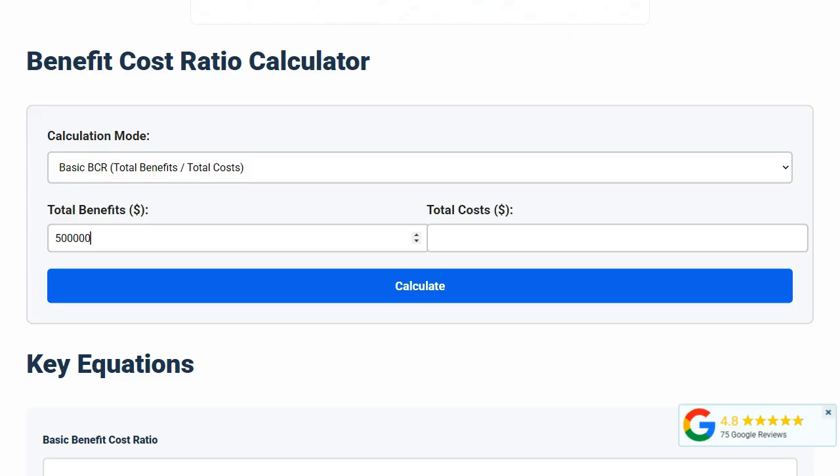Once you've entered both values, click the Calculate button. The calculator will divide the benefits by the costs to give you the benefit cost ratio. A result greater than 1 means the project is economically justified, while a ratio below 1 suggests the costs outweigh